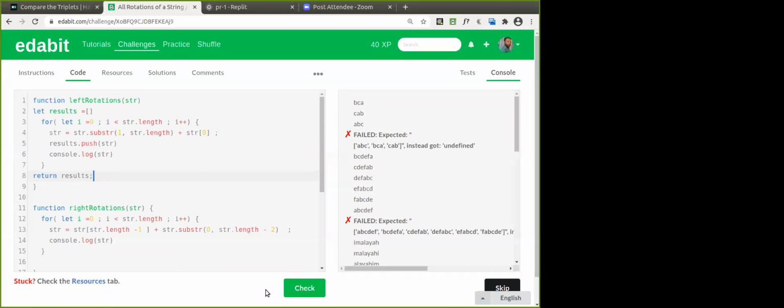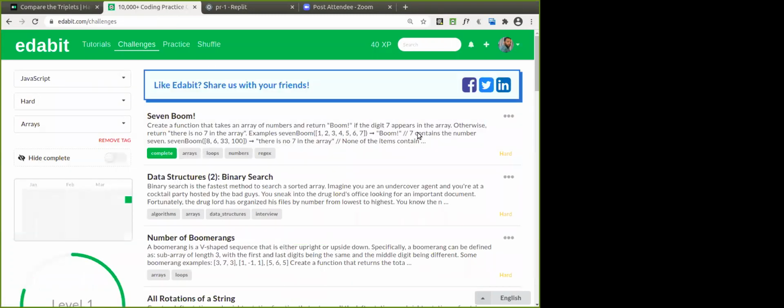We are running short of time, so I'll just proceed to the next problem. Any questions in this? No, good, fine. So basically, how we are processing this problem character by character gives you clarity on how we can access elements by their index and how we can use slice or substring to extract part of a string. And that is how it is being rotated. Good. So let's go to the next problem here.